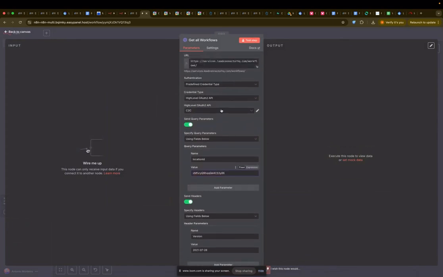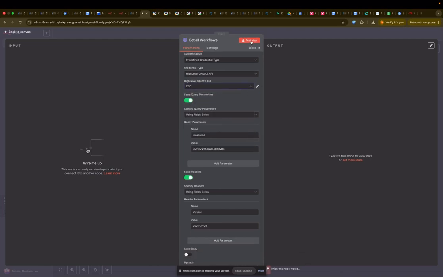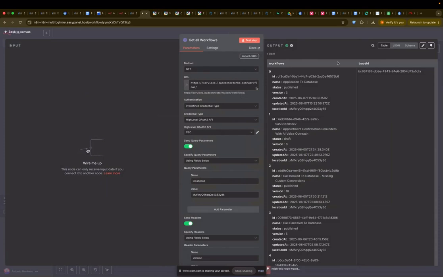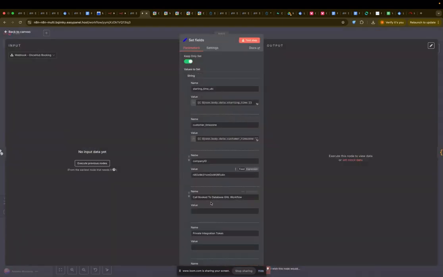Then make sure that our Go High Level authentication has been selected. If you need help on how to create the Go High Level connection to N8N, we already explained this in the Go High Level videos in this course. So make sure Go High Level connection is selected here. Also make sure to add your location ID. Then we test. So once we test, we just need to find call book to database. I'm just going to copy it. Then here we just search for that workflow. As you can see, the workflow pops up here. All you just need to do is copy the ID that we find here,